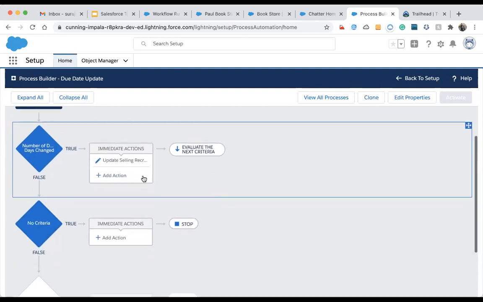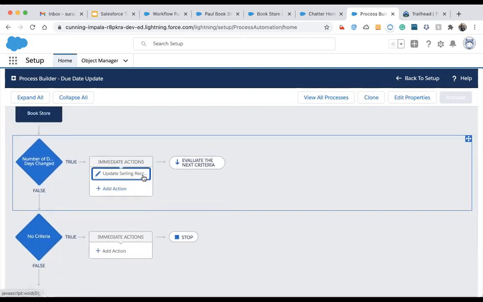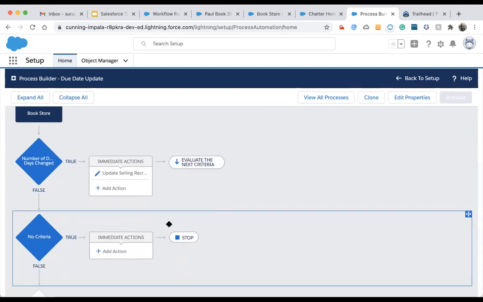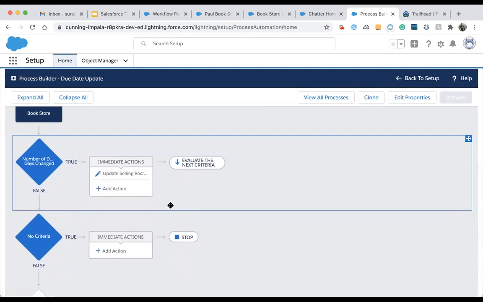So whenever we have a situation where we need to execute all the criteria, we use evaluate the next criteria, and that will execute the corresponding action too. That's also a point we need to notice while working on the process builder.